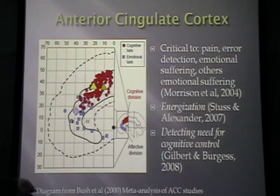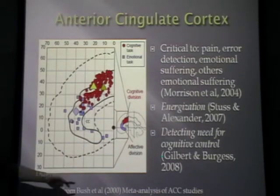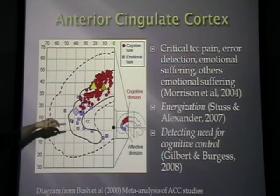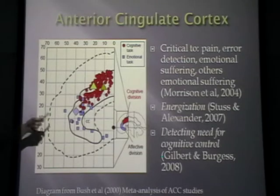And here's another double dissociation for you. Other studies, in fact a meta-analysis of other studies, have shown that more emotional tasks seem to be at the anterior part of the anterior cingulate cortex, so the front of the front, whereas the more emotional tasks seem to be in the more dorsal areas. And what this seems to suggest is critical to our pain, because apparently...